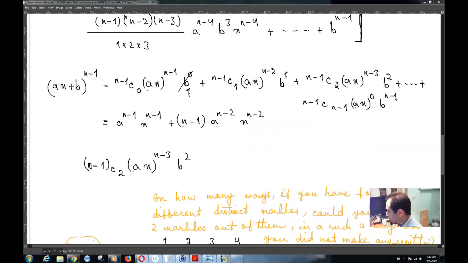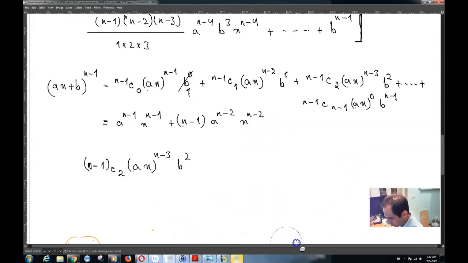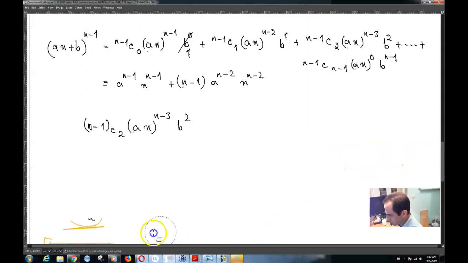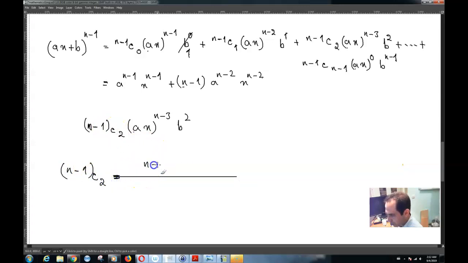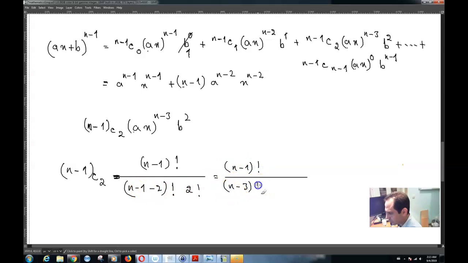So what that means is that then n minus 1 combination 2, ax whole raised to the power n minus 3 times b squared is going to be equal to basically n minus 1 combination 2, which is equal to n minus 1 factorial over n minus 1 minus 2 whole factorial times 2 factorial, which is equal to basically n minus 1 factorial over n minus 3 factorial times 2 factorial, which is equal to